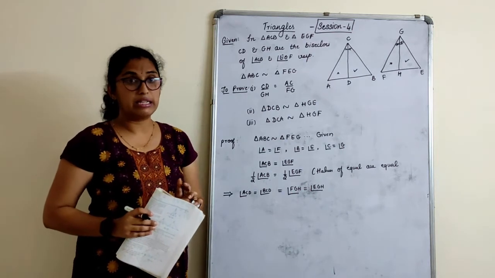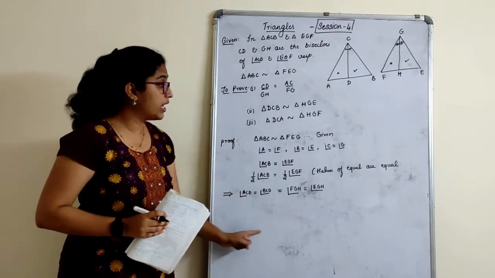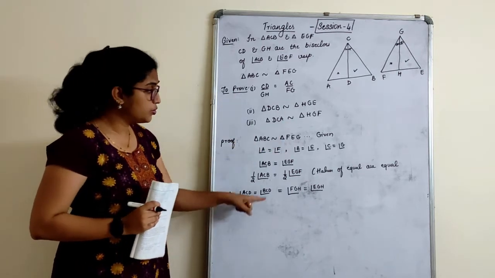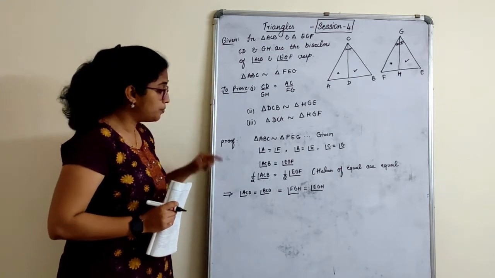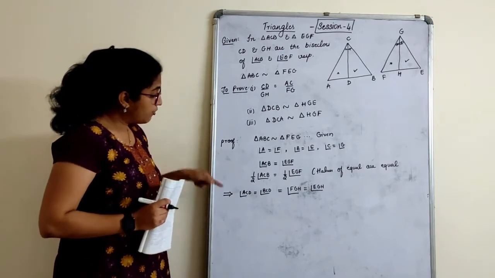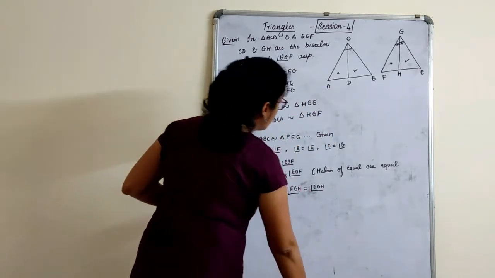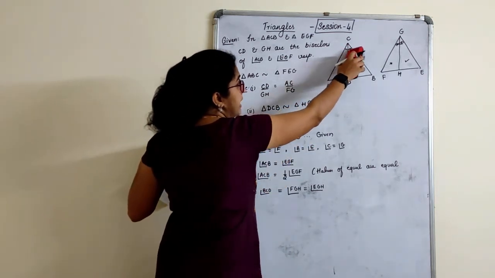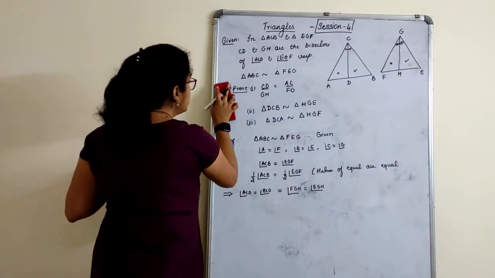Till here it is very clear, that is only about the bisector part, which we require in proving the similarity of triangles further. Now what I am going to do is rub the board from the to-prove part because it's quite lengthy and I require space. You all can write this down till here. I'm going to erase this and start with the remaining part. So now we proved that these angles are equal to these angles, which we will use in proving the similarity part.